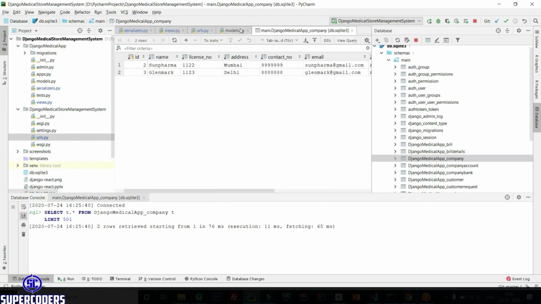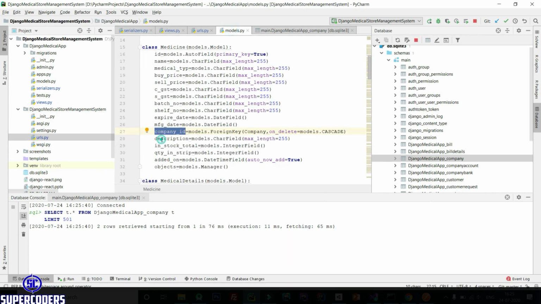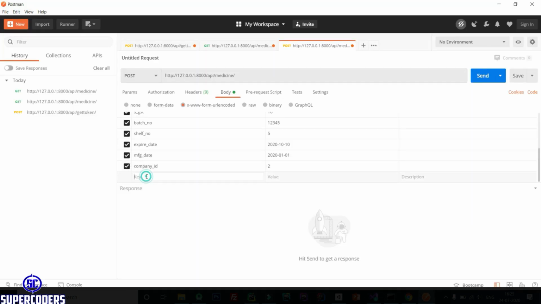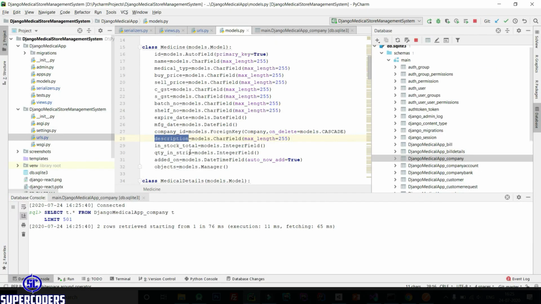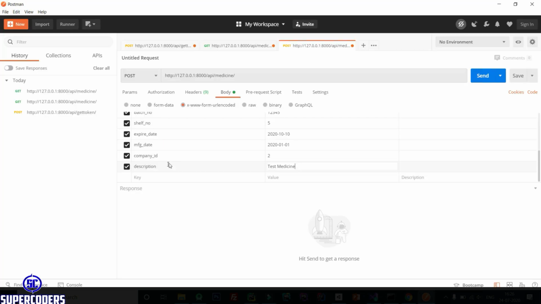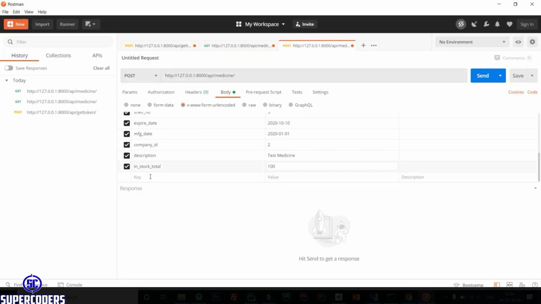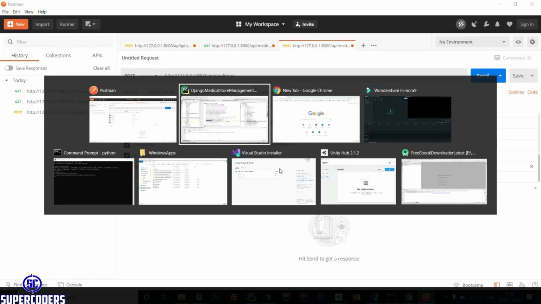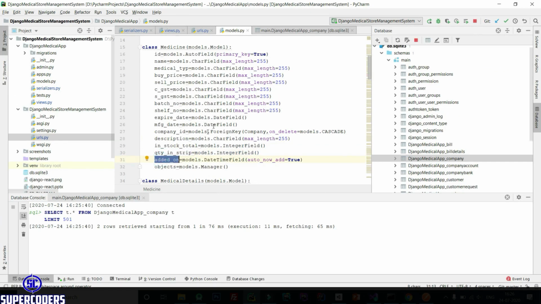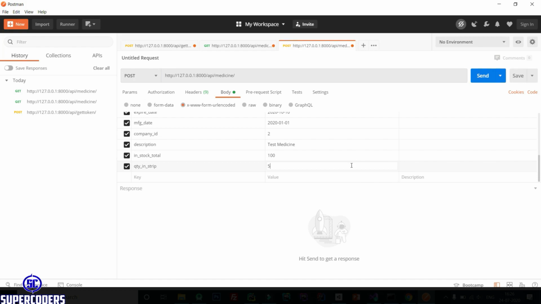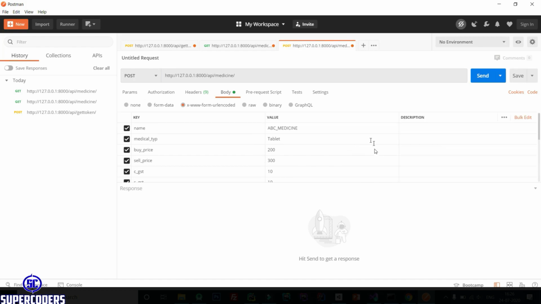Now again description, test medicine, then stock 100, quantity in stock 5. Now it's done. Let's try to send and see what happens.